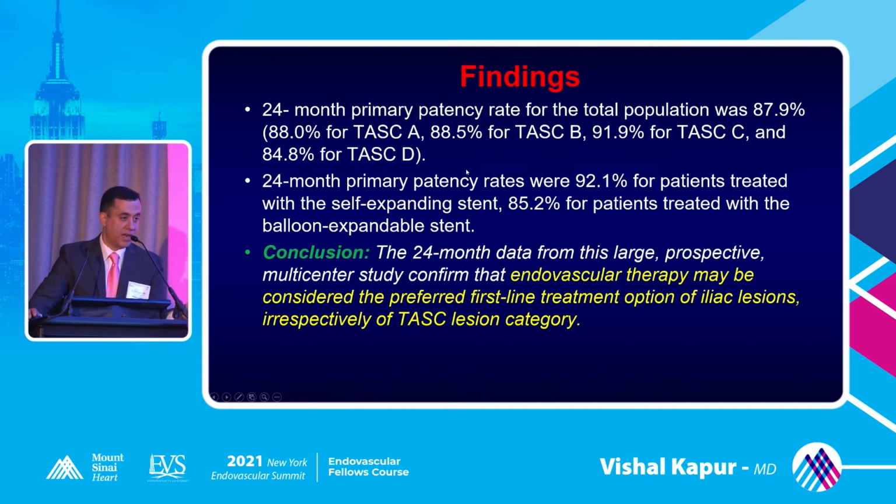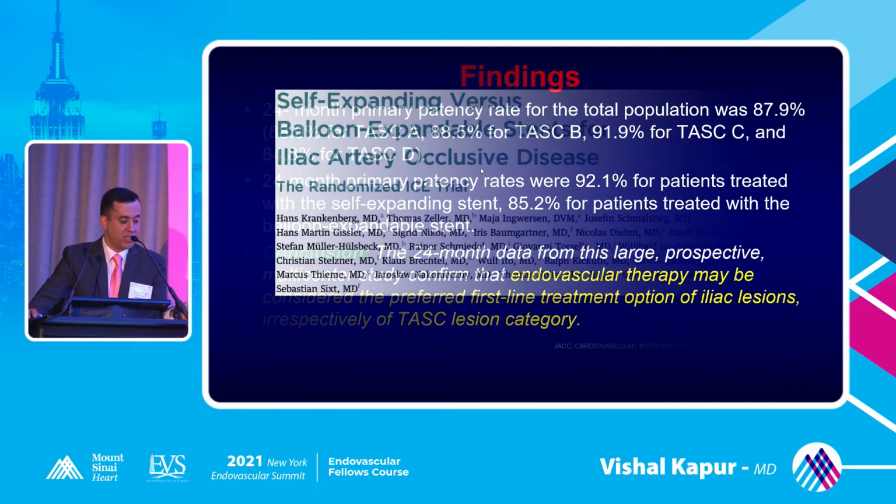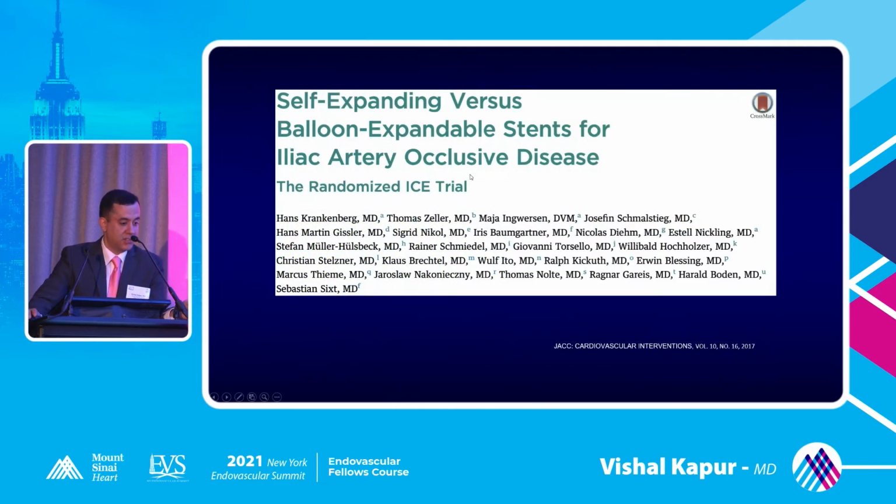But you always have to realize every stent has its own niche depending on how the lesion is: self-expanding, balloon expanding, covered, uncovered. So just because the trial says self-expanding is better, you have to still be picky, and every case is its own case. But this is some good data. If you have an option, self-expanding definitely works better than balloon expanding, especially proved by this registry, irrespective of the TASC lesions.